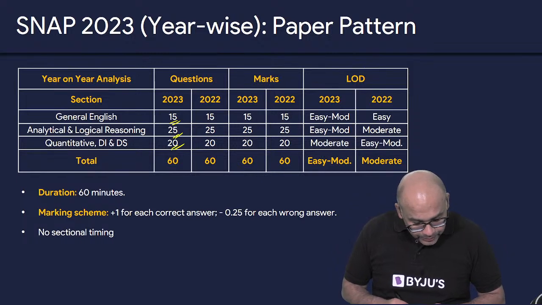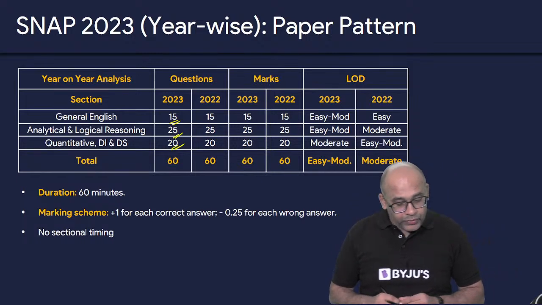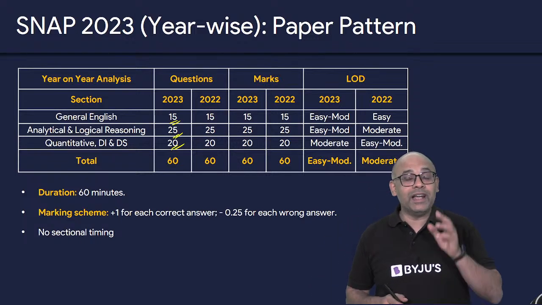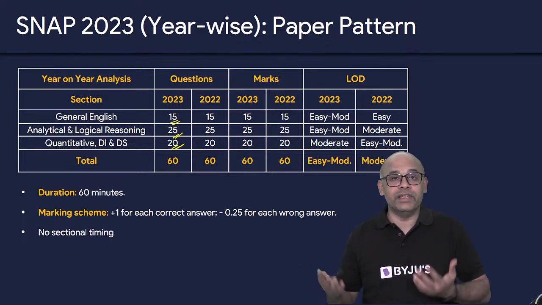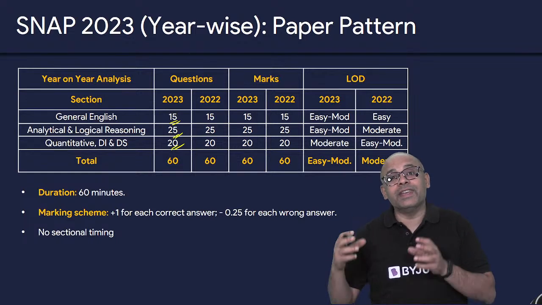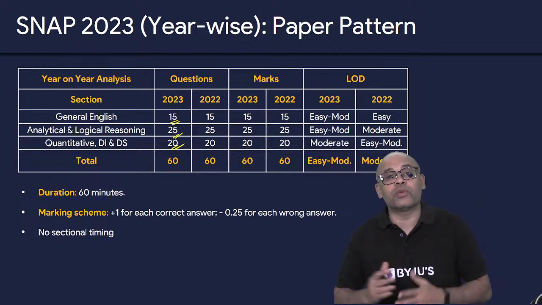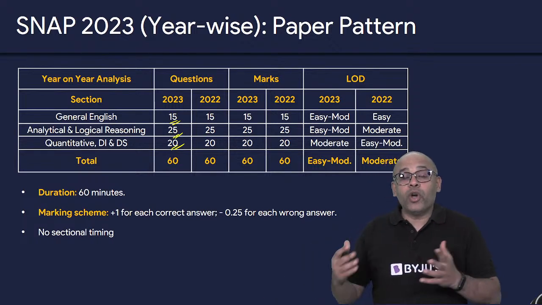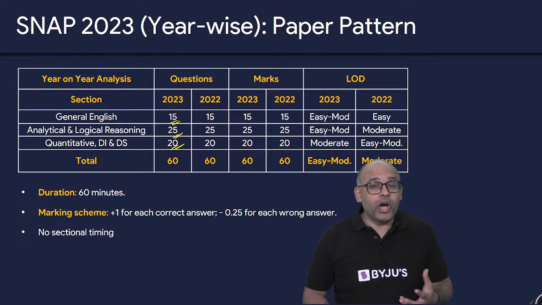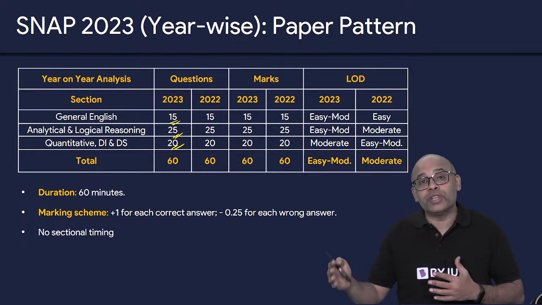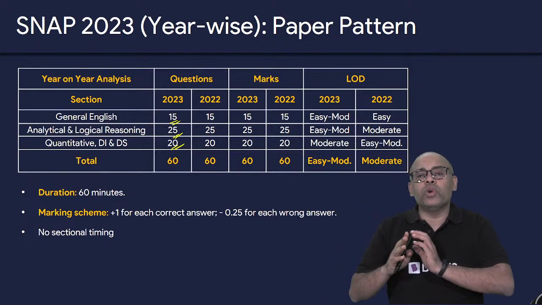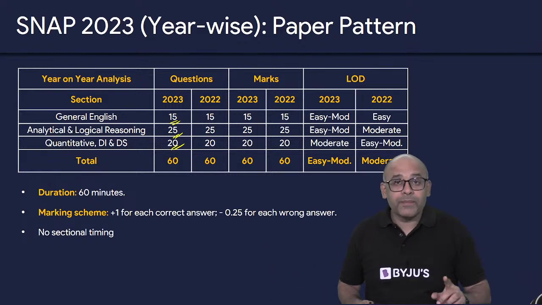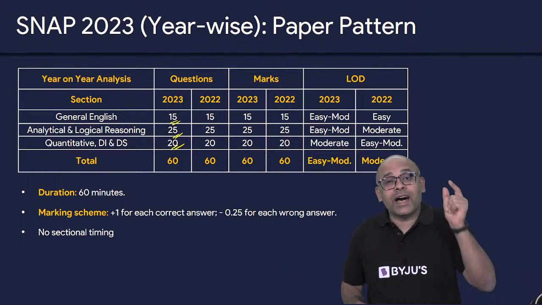Let's move on. Those of you who are saying slot 3 was difficult, I'll tell you why you found it difficult and how these questions could have been solved very easily. Friends, you're forgetting the fact that the options were created in such a way that you can very easily solve the question just by looking at the options. I don't know how many of you have noticed this. In quant, there were at least 3 to 4 questions which, if you try to solve them like in CAT, without the options, will take you an enormous amount of time. But if you look at the options, you'll get the answer in seconds.